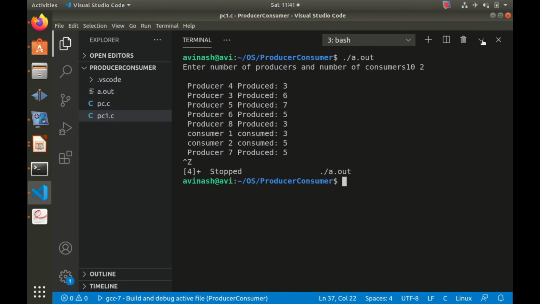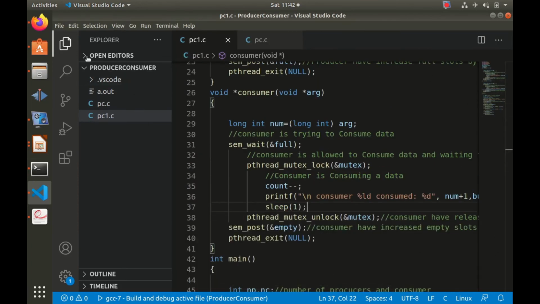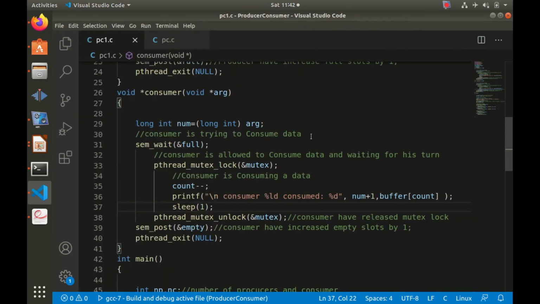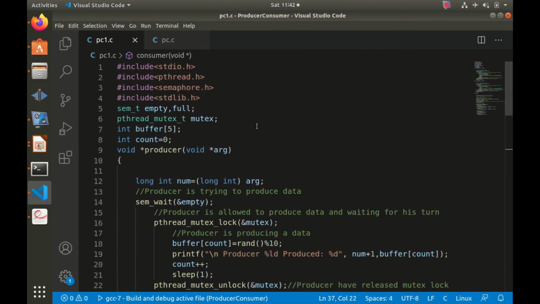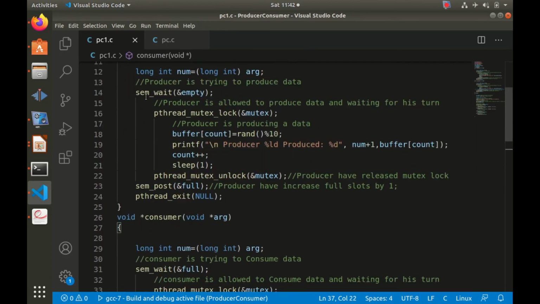Okay, so let us revise what we have done in this program. Here the producer, while producing the data, puts a wait on the empty semaphore, then locks this variable using a mutex lock to enter into the critical section.